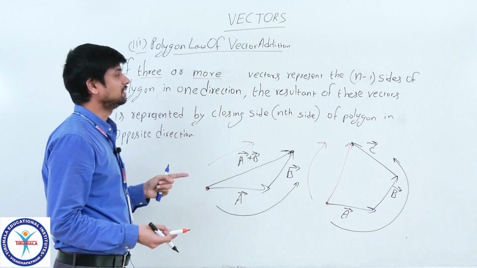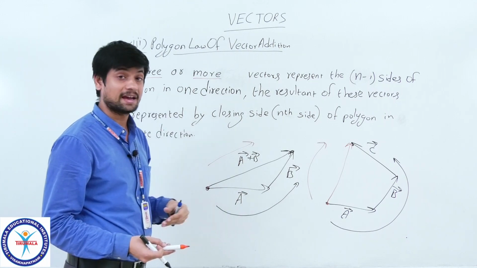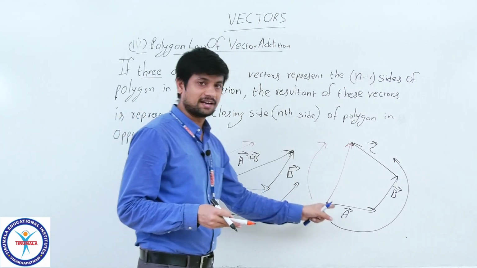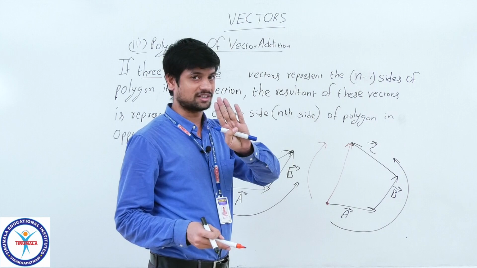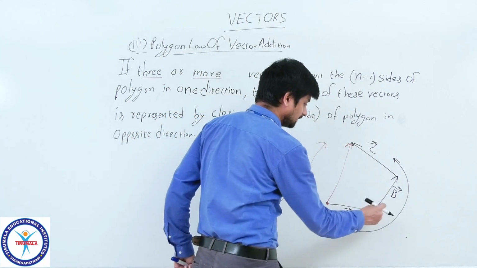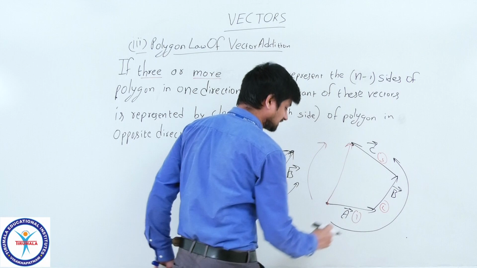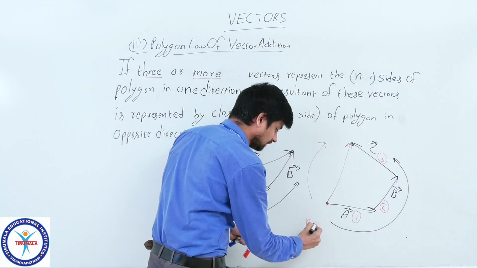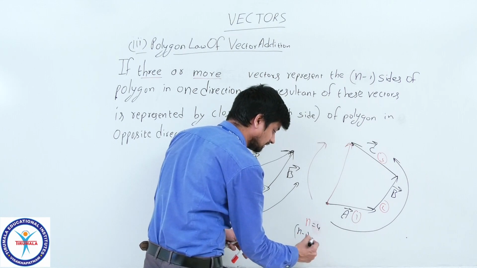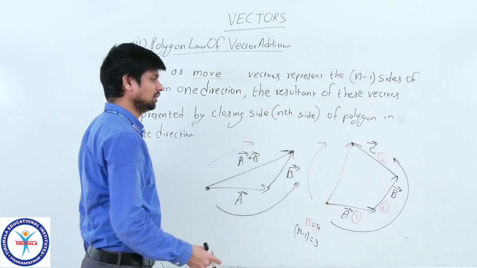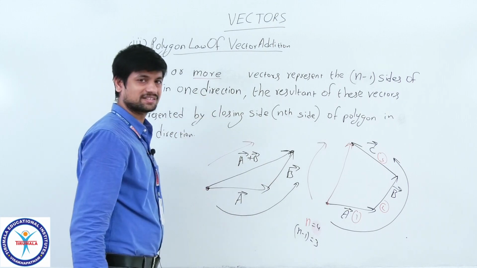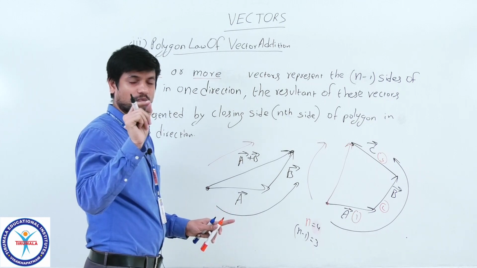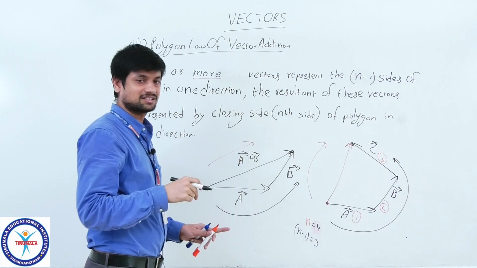So, in that polygon, I have n sides. Except one, I considered all. So, if this quadrilateral, how many sides does it have? 4 sides. But I have taken 1, 2, 3. If total sides n value 4 children. So, n minus 1 means 3. So, not only 3, even you can take a 5 or 6 or 7 or 8, any more. But n minus 1 side, just leave one vector, take other sides as a polygon.